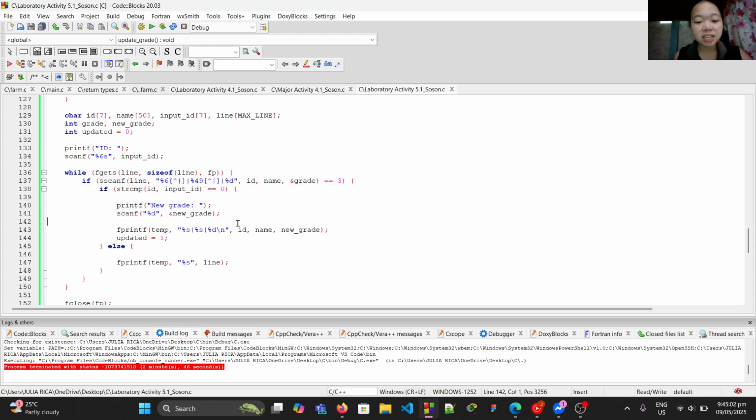Here, this will read each line and check if the ID matches the search ID.